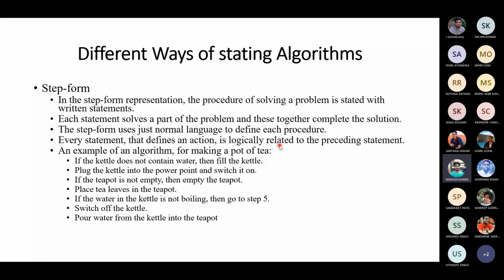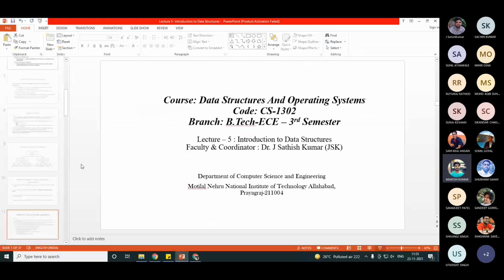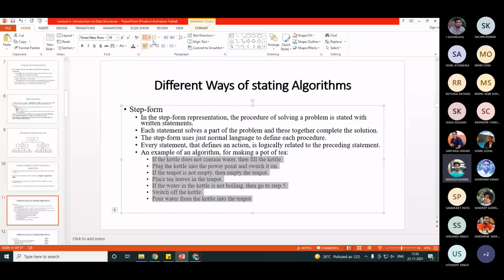For example, I want to make a pot of tea. Okay, I want to make tea. That is my problem. Now, how will I define the steps? Step 1, this could be numerics. Let me change this. Okay, so step 1,